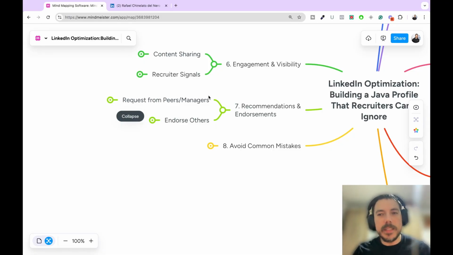How can you do that? You have to first have a giver mindset. So you're not trading, you're just giving. And you don't care if you don't get any return, it's okay. The principle is that getting a recommendation is great, right? Because it's social proof. Basically, someone is saying something nice about you. It's not you saying things about yourself, it's someone else telling you something nice. That's proof, right?